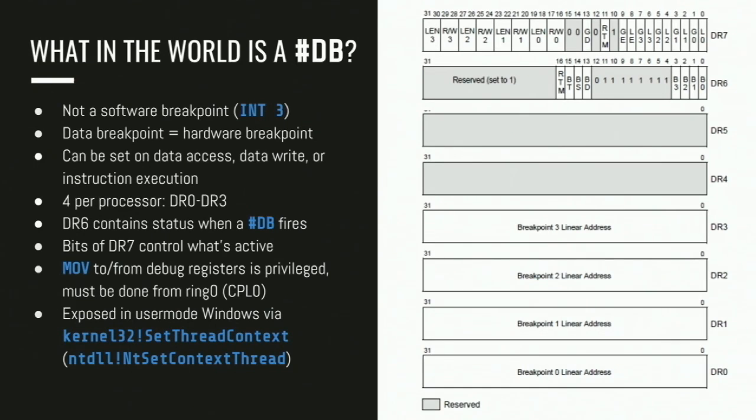The most important thing to note is really that this is a privileged thing. You can't just set hardware breakpoints from user mode, but most operating systems provide a way to do that through APIs that will just issue system calls under the hood. In Windows, you can do this by using SetThreadContext, and other operating systems do it differently, but most offer this for any application that runs. It doesn't have to be an administrator application just because it's such a powerful debugging tool.